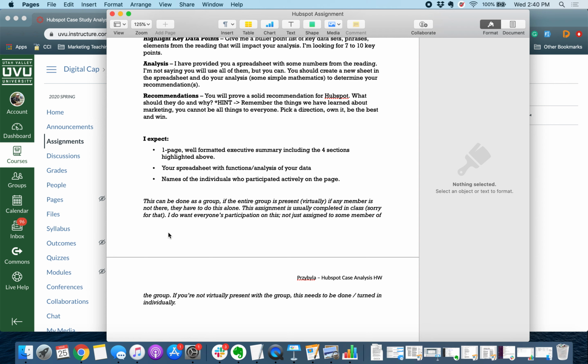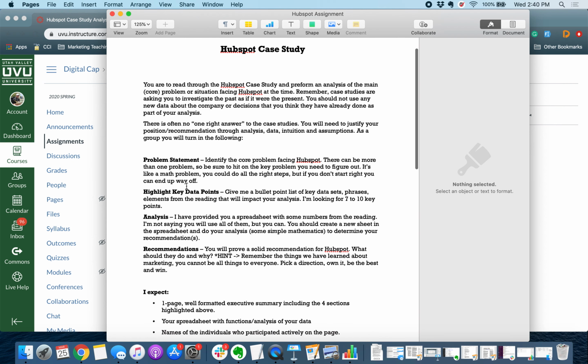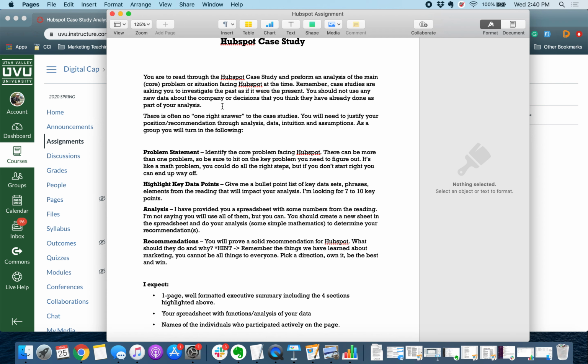If every member is not there, they have to do this alone. This assignment is usually completed in class. I want everyone's participation on this, not just an assignment to some members of the group. So therefore, if you're not virtually present during the group meeting as this assignment gets worked on, it needs to be done individually. So what you're going to do is obviously read through the case study and perform an analysis